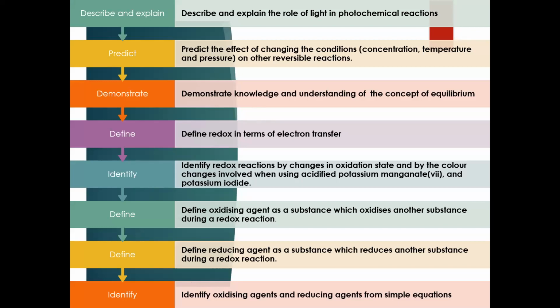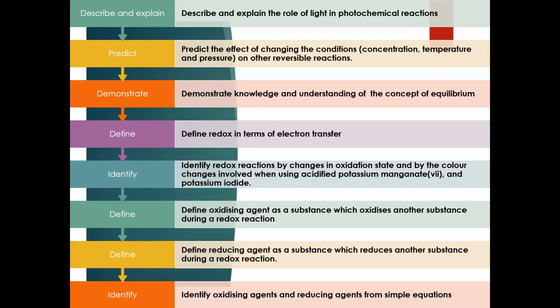Predict the effect of changing the conditions on other reversible reactions. Demonstrate knowledge and understanding of the concept of equilibrium. Define redox in terms of electron transfer. Identify redox reactions by changes in oxidation state and by the color changes involved when using acidified potassium manganate 7